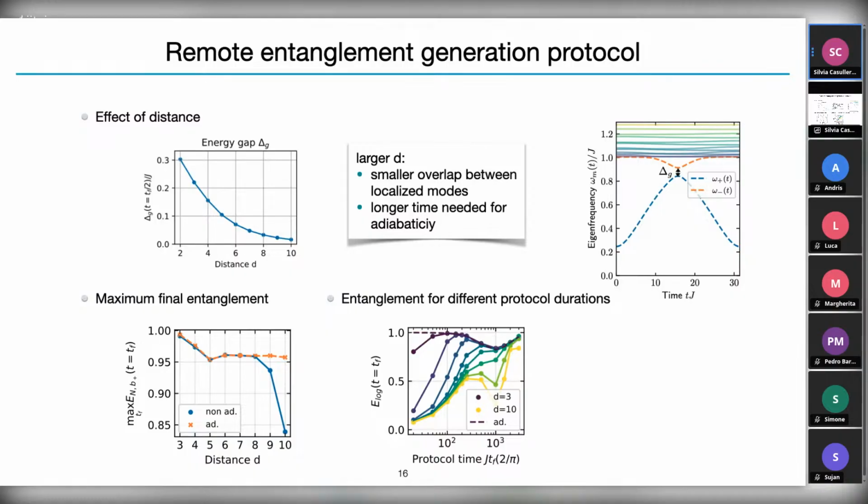And the times that you need are something like this. Let's say, for instance, for this one that I was showing before, you need something like 10 to the 2 times the hopping rate. So here you have a feeling of what are the time steps that you need. But mainly, up until 8, or maybe you can push until 10 or later, you can do this transfer still with pretty high entanglement. And here we also want to calculate exactly fidelities, which is a measure that is a bit more